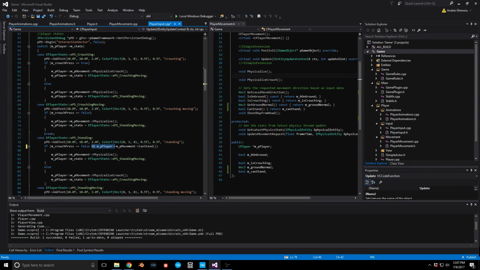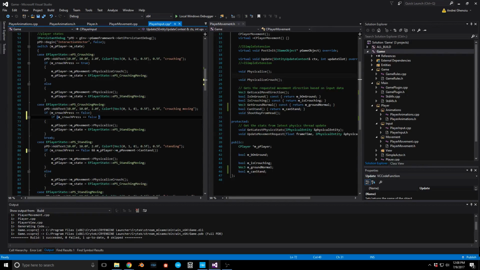So I'm just going to do a quick copy and paste from here. And so standing, then in standing to moving, we don't really care, because like I said, that's pretty much our default state most of the time. Let's look at crouching moving. This is actually pretty similar, because if the m crouch press is false, so we're not holding down our button,